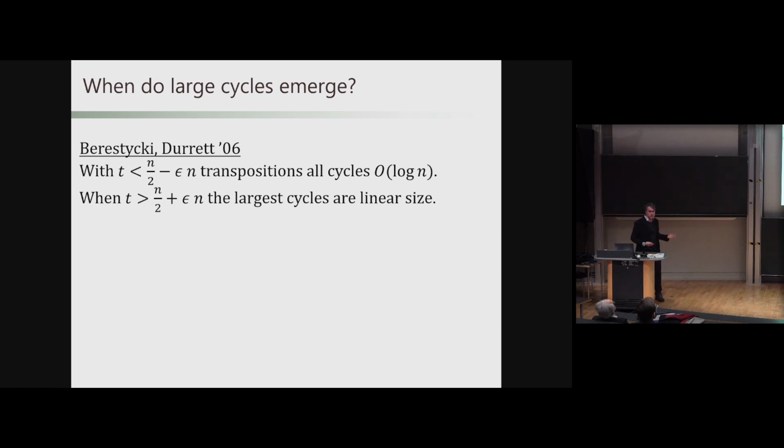So a bit less than n over 2 transpositions and the larger cycles are order log n, a bit more and you start getting ones of a linear size. And if this looks familiar and looks like sort of the phase transition in Erdős-Rényi random graphs, that's exactly what's happening here. If you think of drawing an edge between, say, pairs of cards if you've done a transposition between them, then n over 2 edges is the number of edges you need to add to start seeing a giant